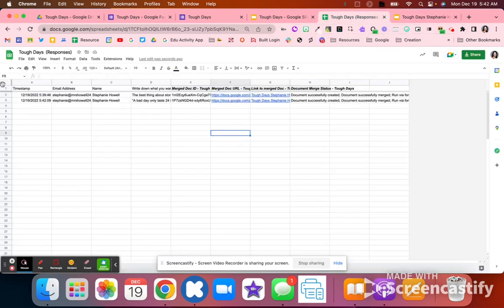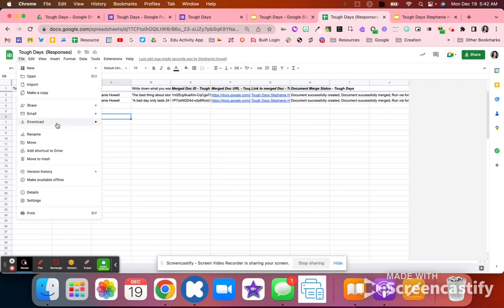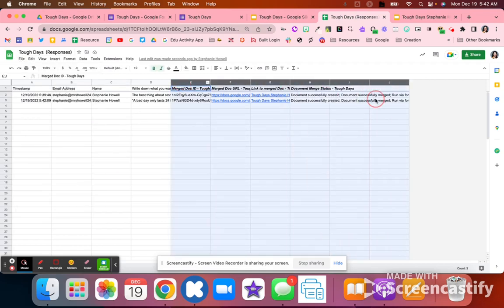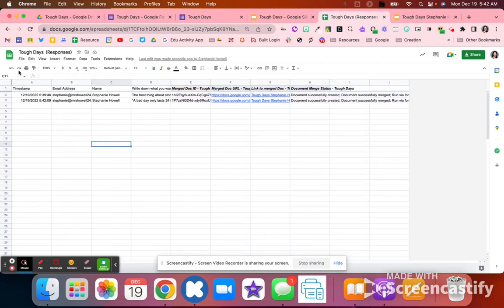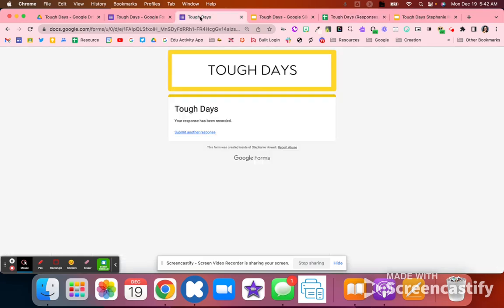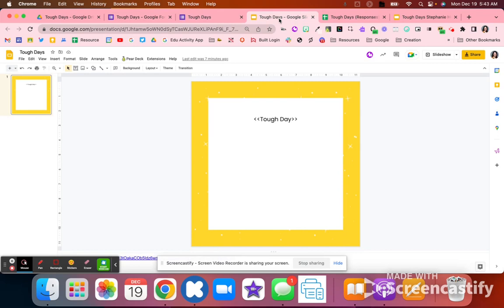So to set this up, you're going to have right here this Google spreadsheet, and you are going to go into File, Make a Copy. So again, you're going to make a copy of the spreadsheet because I've already set up the AutoCrat for you. So again, if you want it ready to go, you'll just go to File, Make a Copy. It will make a copy of the Google form, and it will also make a copy of